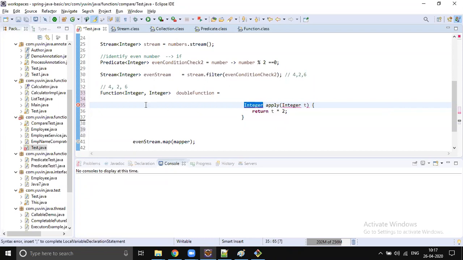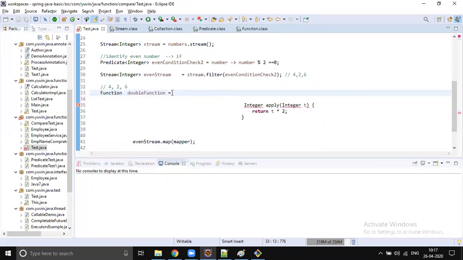Function interface. Exactly. So here I'm specifying my input is integer, my return type is integer. If I don't use generics, then I will get a compilation error. So you always need to use lambda expressions with generics. Otherwise, the compiler can't decide what you are going to return. Here itself I am saying I'm going to take input as integer, output as integer. So when the left-hand side itself says what you can return, then the return type can be deleted.